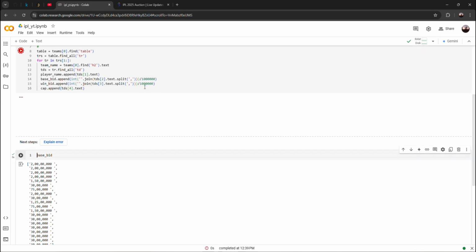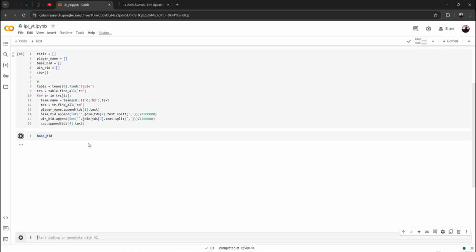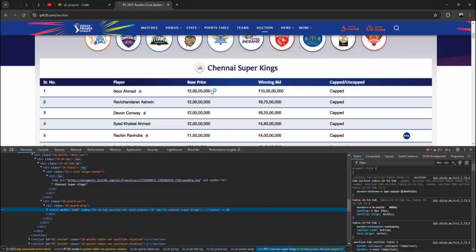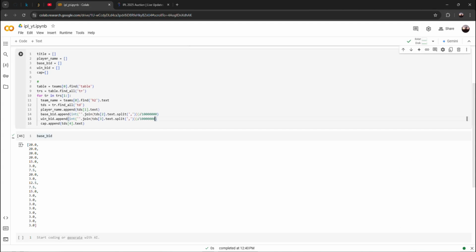So yeah, if you can run this, I'll be sure that we are going to get that in terms of, yeah, it's 20 cr. Is it correct or not? For the first player it is like, what is the base value? It should be 7 actually. Ones, tens, hundreds, thousand, 10,000, lakhs, 10 lakhs, cr. Yep. Actually, it should be cr. It will be corrected by now. So if I can run this,